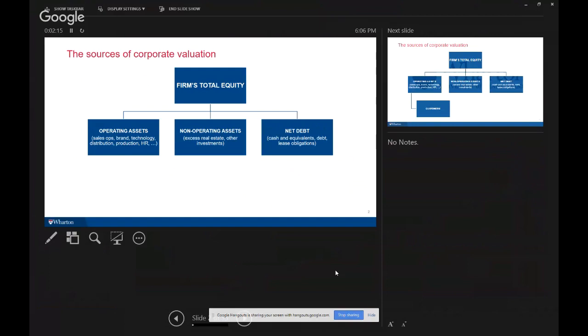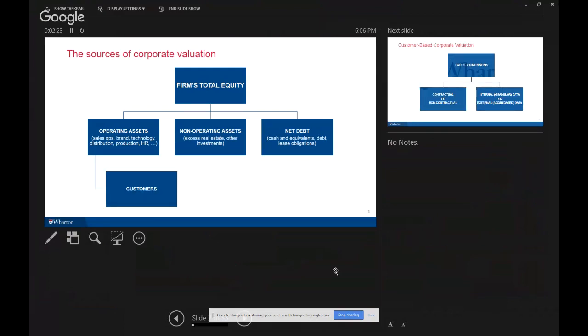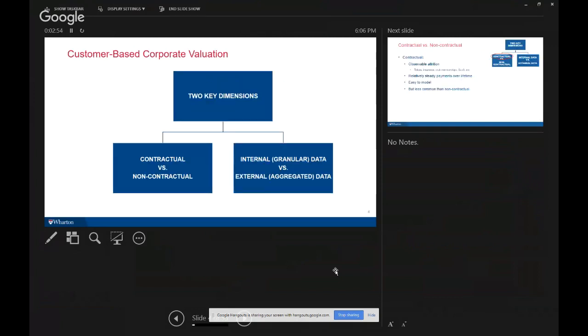As a customer-based corporate valuation advocate, the fundamental and hopefully relatively humble claim that I would make is that underlying every single dollar of revenues that a company generates is a customer. So if you gave me the right kind of summary customer data, and I intelligently incorporated that data through a model, I can come up with more accurate estimates of what the operating assets will be worth by making better predictions of what future sales are going to be. That's the essence of this work. Now, the exact model that I'm going to use to incorporate